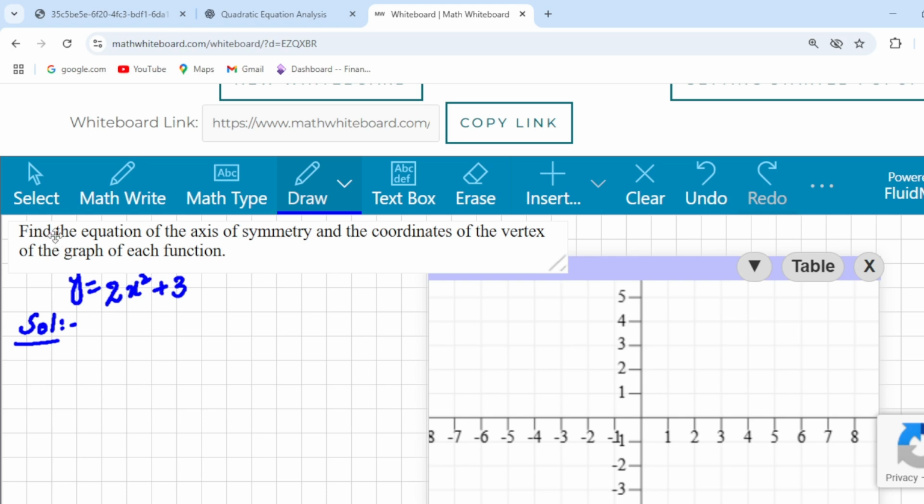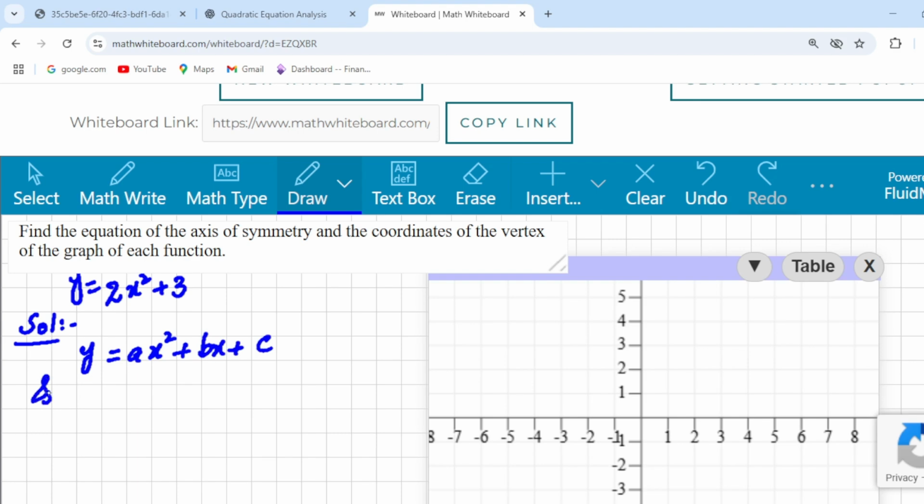Today we will learn to find the equation of the axis of symmetry and the coordinate of the vertex of the graph of a function. So if the function is given as y equal to 2x square plus 3, this is the equation of a parabola. Remember, equations of the parabola are in the standard form: y is equal to ax square plus bx plus c,